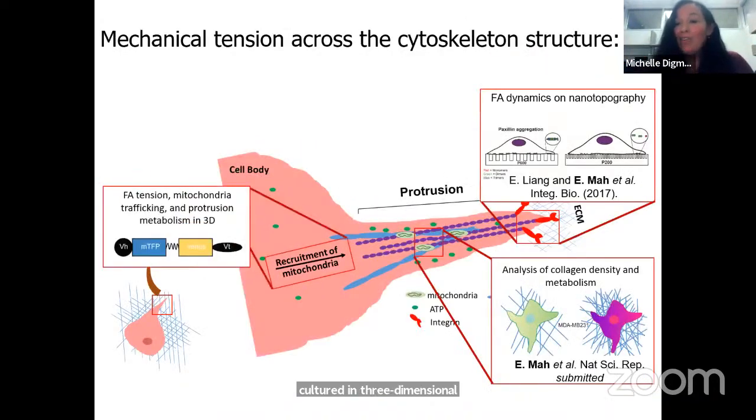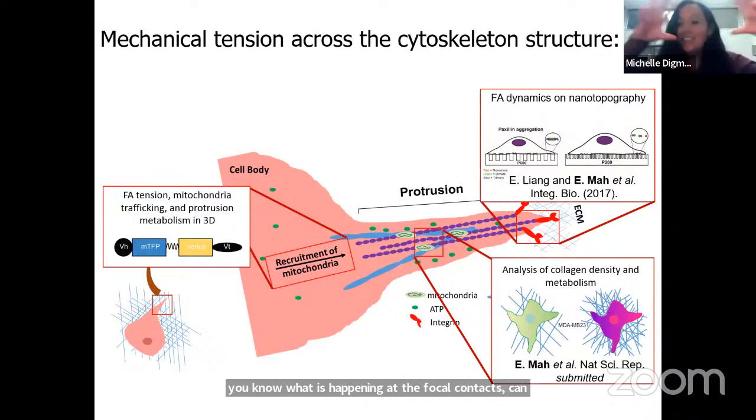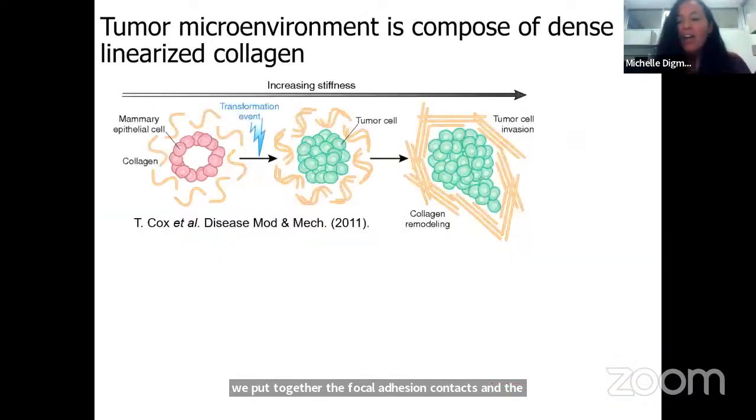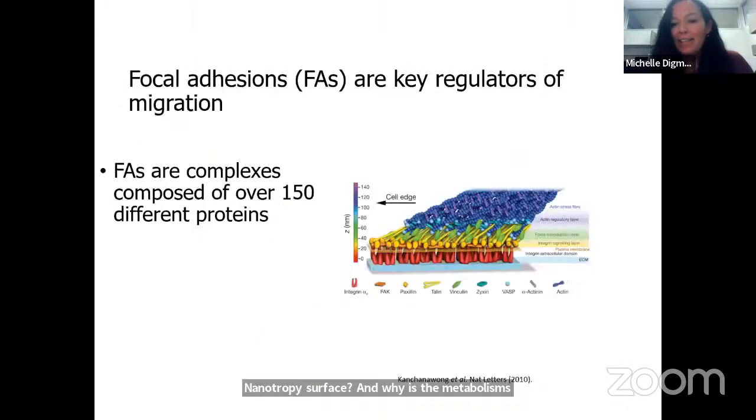So now that leads to, what is happening at the focal contacts? Can we put together the focal adhesion contacts and the changes of metabolism in this extracellular environment or in this nanotopography surface? And why is the metabolism changing? We believe that, and I think I need to stop. I don't have time to go on here, but I'm just happy to say there is one more last development